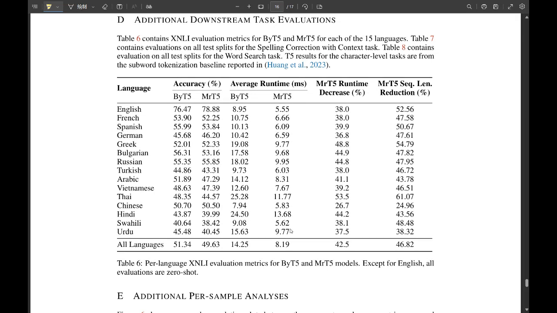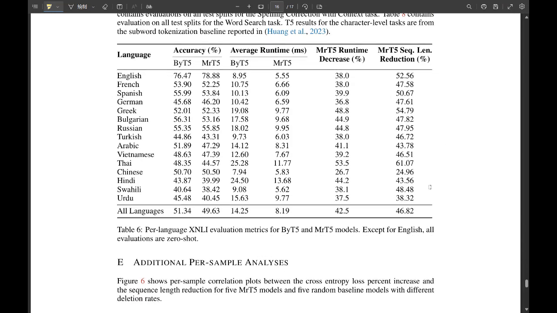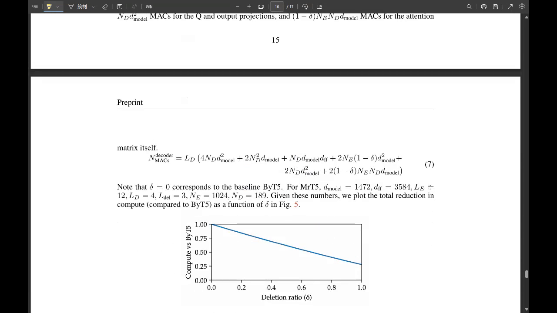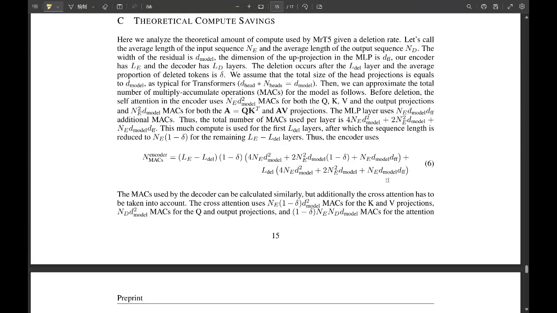They trained it on both English text and a massive multilingual data set called MC4. Wow. This data set covers a huge range of languages. So it's a real test of the model's ability to learn efficient merging patterns across different linguistic structures. That sounds incredibly challenging. It is. It's a big task. How did MrT5 fare against the competition?